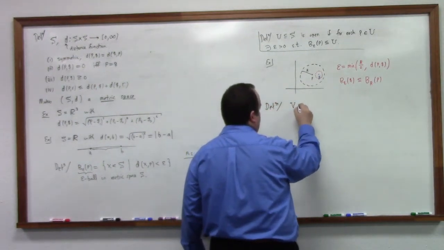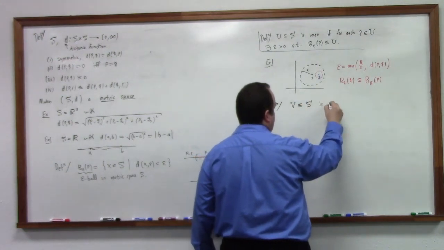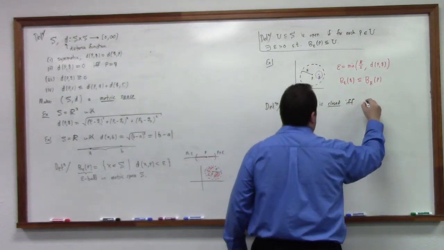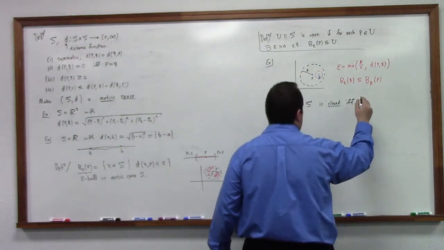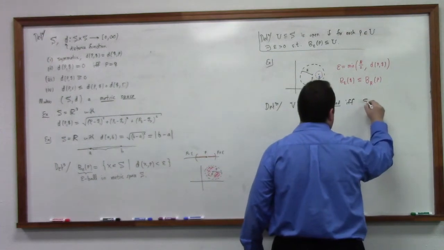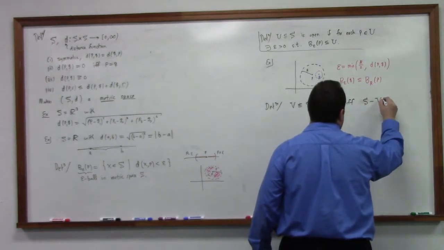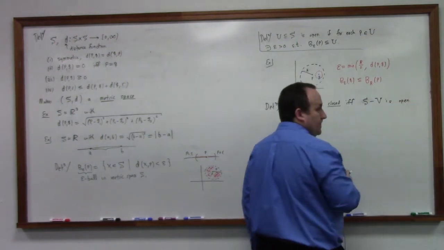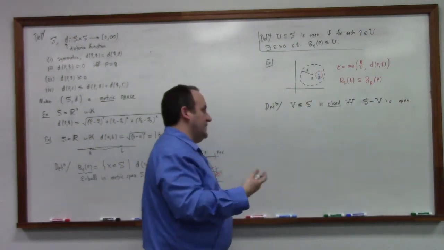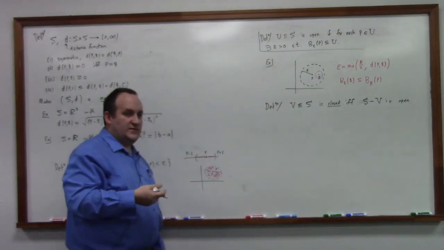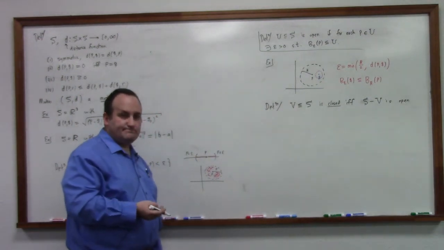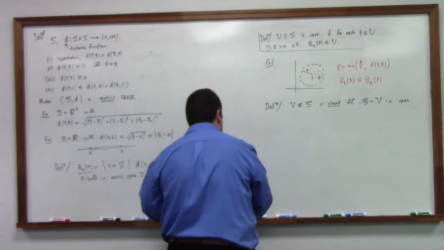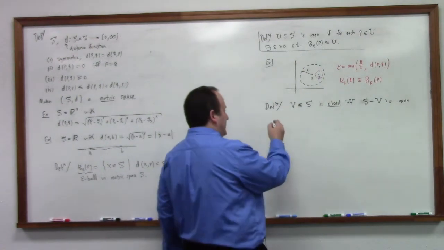Well, V, a subset of the set S, is closed if and only if S minus V is open. So closed sets are defined to be the ones whose complements are open. I mean, that seems a little odd at start, right? But